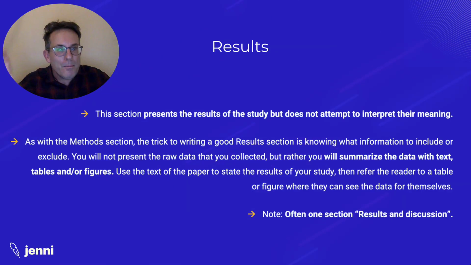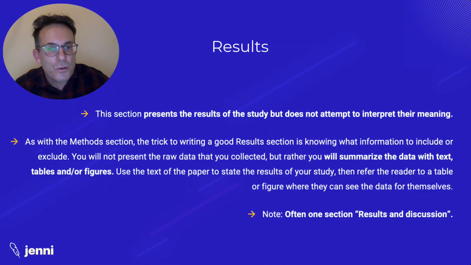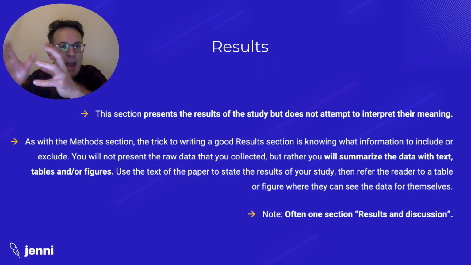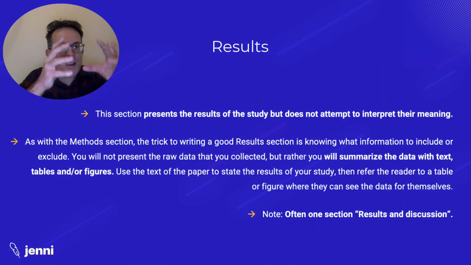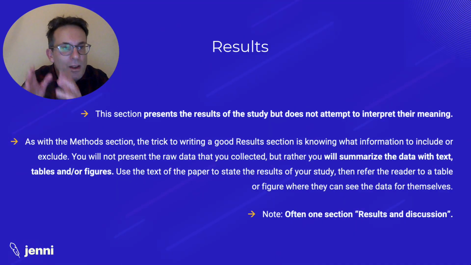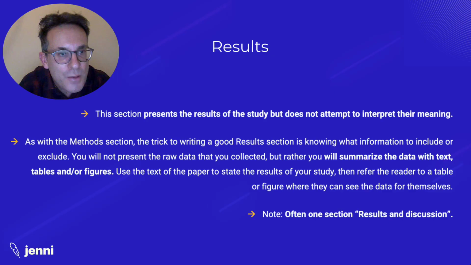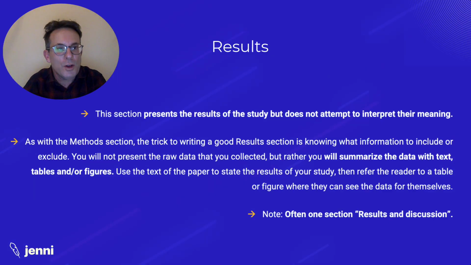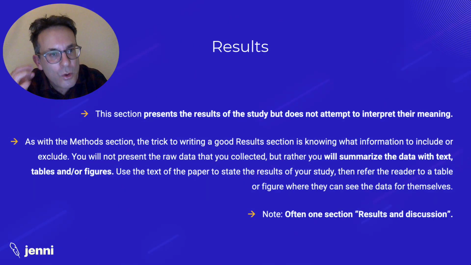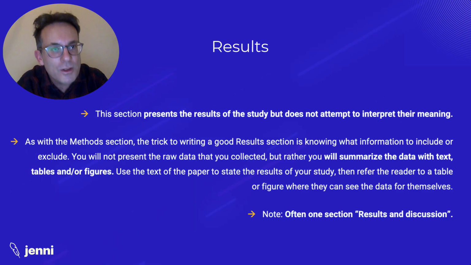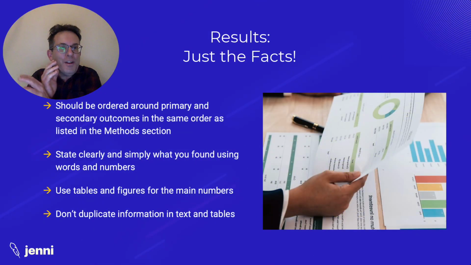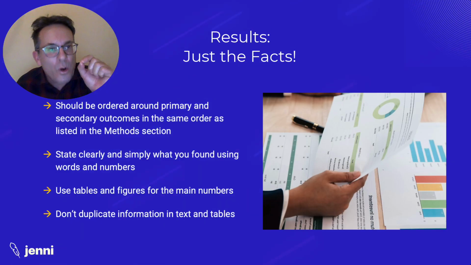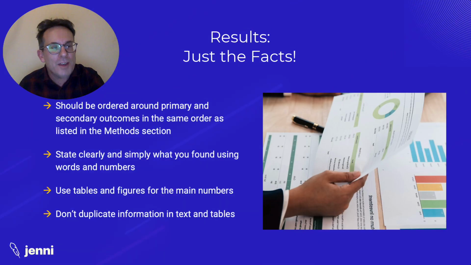Using figures, mapping to the sequence of events that you talked about in your methods section, a figure caption, a single outcome, a single result in sequence through this section. Very important not to give interpretations, just the results, and results that relate to the question that your article seeks to address. The results section is the facts and nothing but the facts, ordered around primary and secondary outcomes in